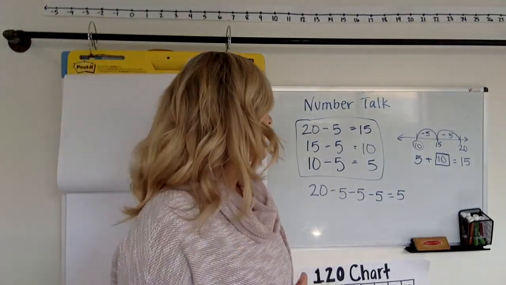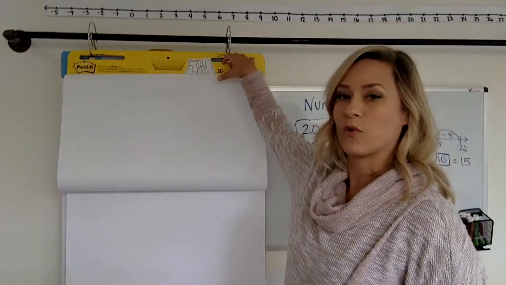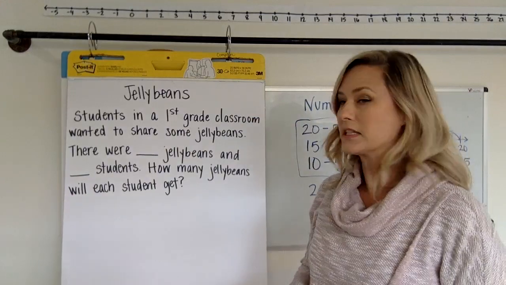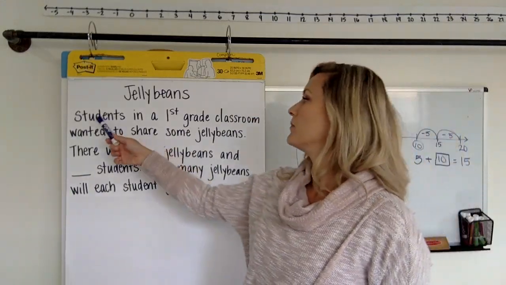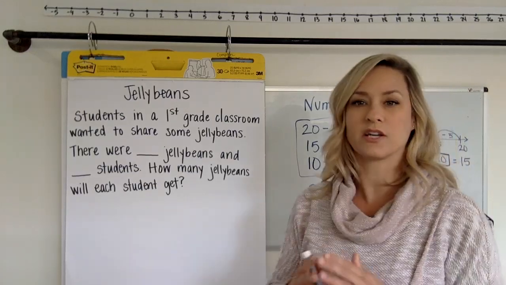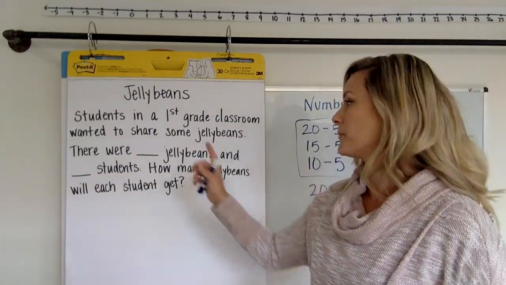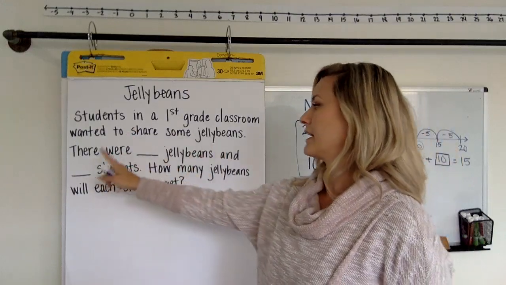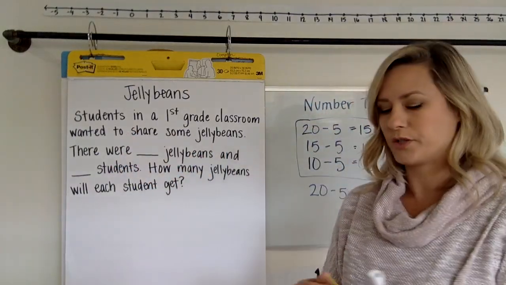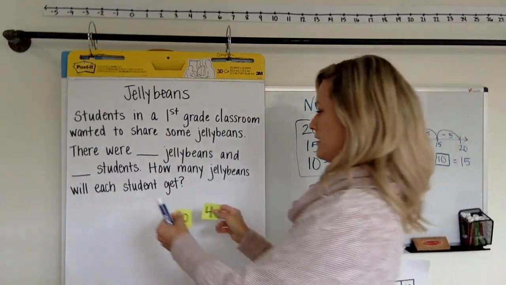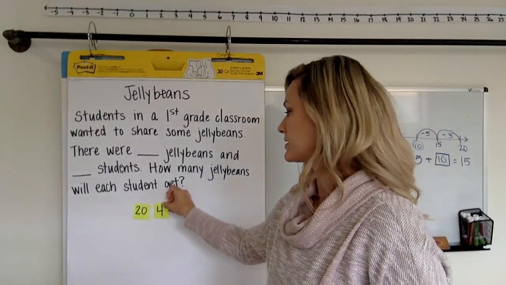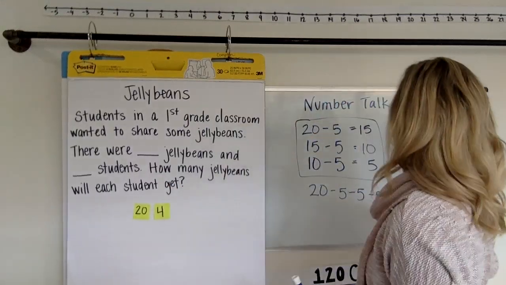All right, so then after we do the number talk, we're going to work on our story problem, which is here today. It's all about jelly beans. And the story is students in a first grade classroom wanted to share some jelly beans. So remember, this is an equal share problem. There were jelly beans and students. How many jelly beans will each student get? I'm going to show you the first number set I'm going to show them. So 20 and 4